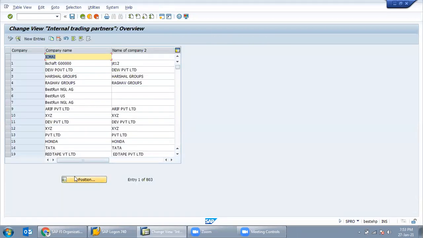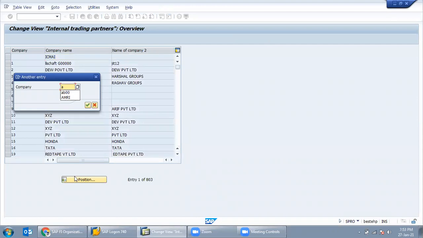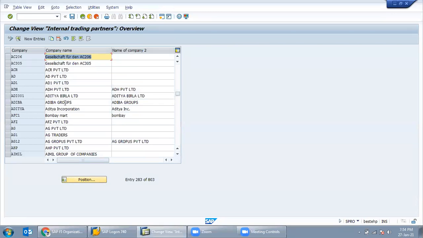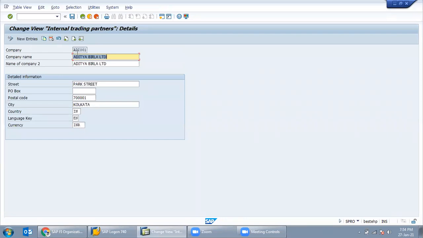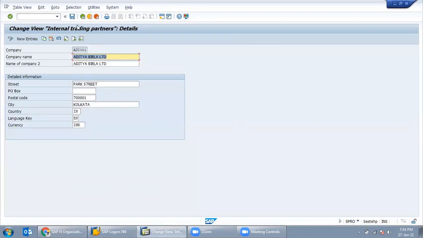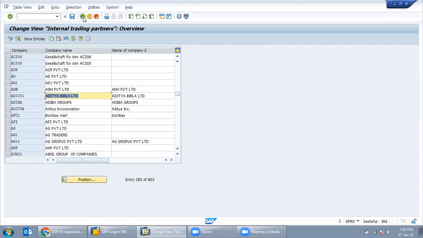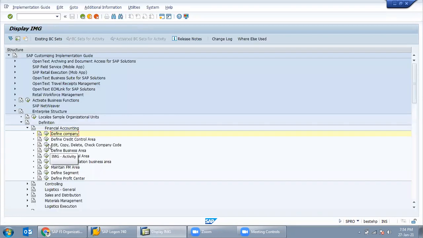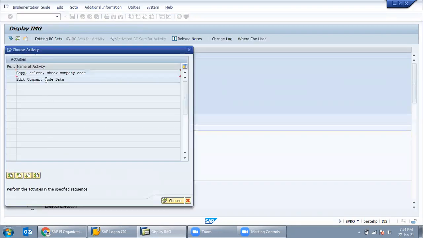I created it here, ADI 001. This I created, right? So this is only the client. Whatever is shown here is the client, and the company code is below that: company code 1, company code 2, company code 3. I have created that in this field, in edit company code data.